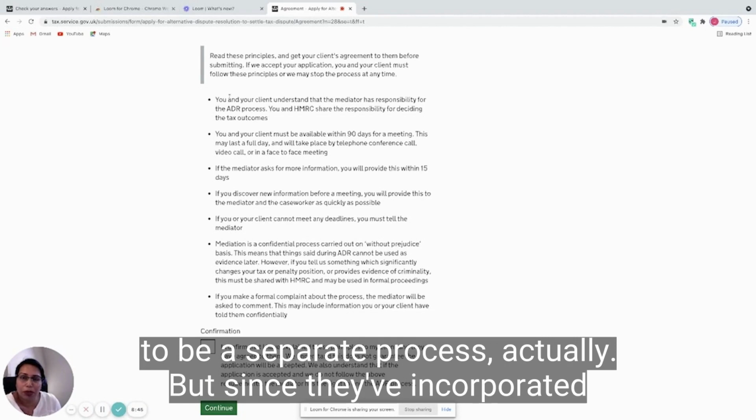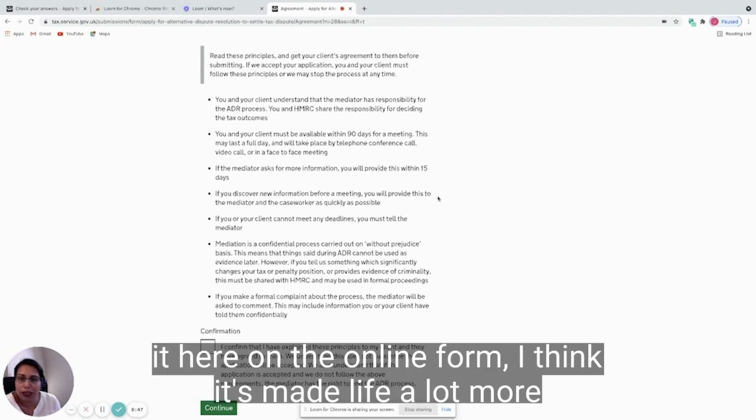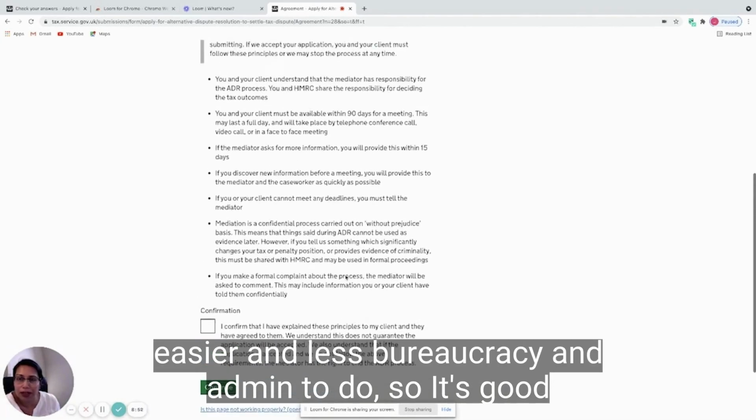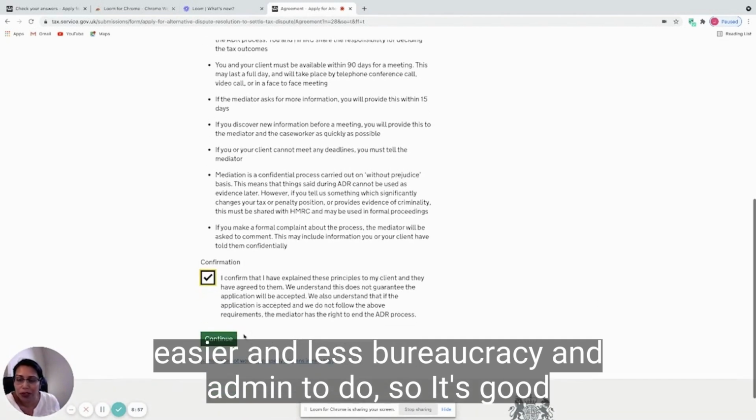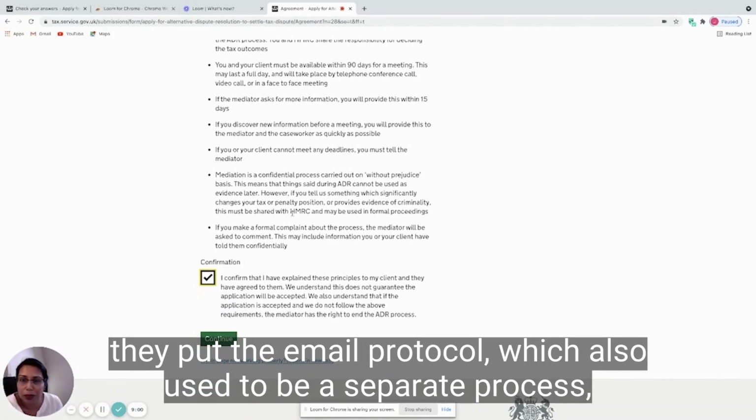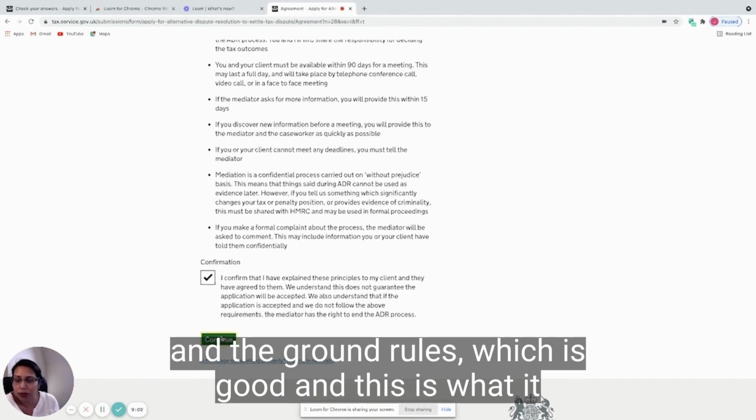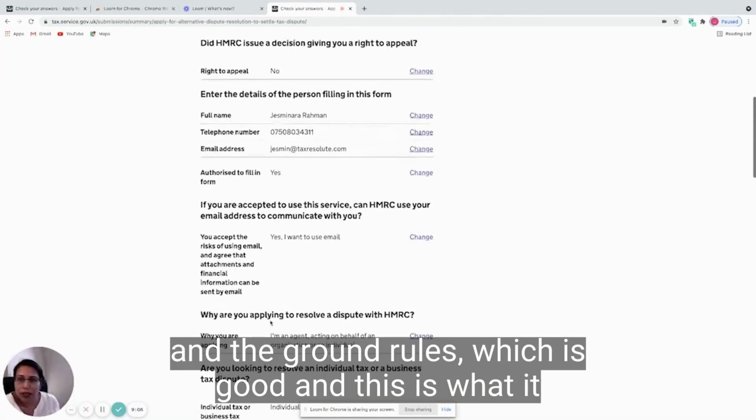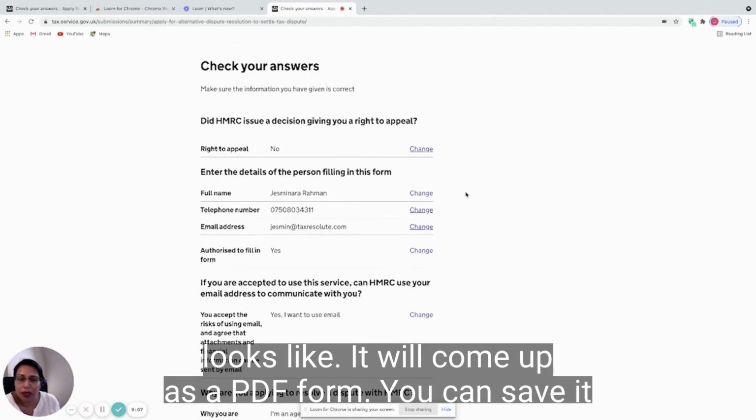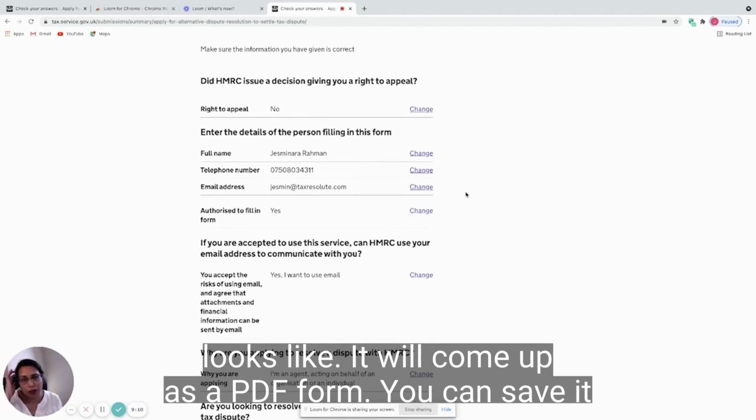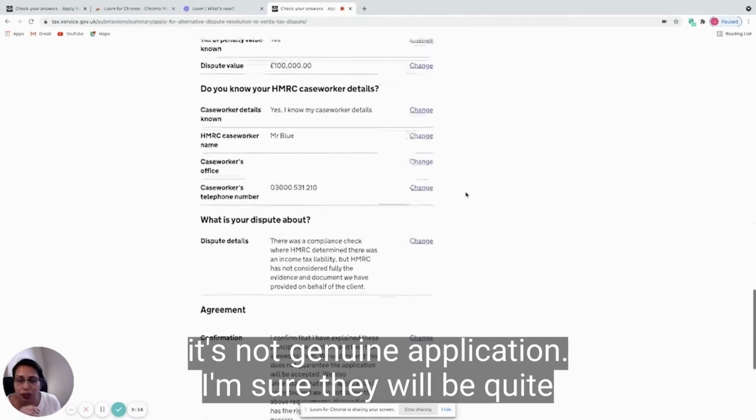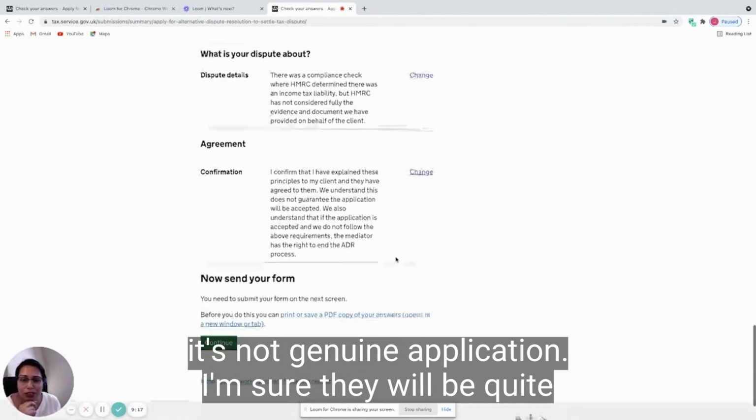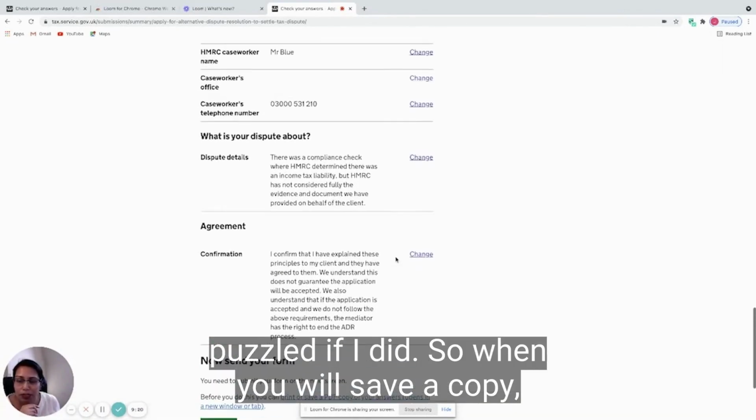This used to be a separate process actually, but since they've incorporated it here on the online form, I think it's made life a lot easier, with less bureaucracy and admin to do. So it's good. They put the email protocol, which also used to be a separate process, and the ground rules, which is good. And this is what it looks like. It will come up as a PDF form. You can save it as a PDF form, but I'm not going to submit it because obviously it's not a genuine application,